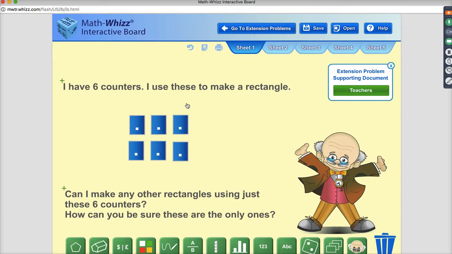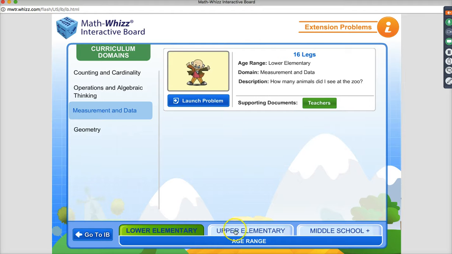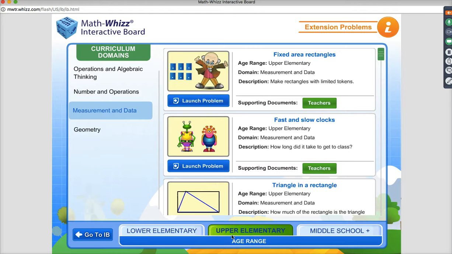And is it organized just by upper and lower, or is it organized by content or a specific strand or anything like that? Yeah, it's just upper and lower. Once we get more content, we'll be able to align it better to a specific grade level. But right now, it's just grouped in those upper, lower, and middle school. And then by the domain over there. Right, exactly. So what we're looking to do is fill that out. Yep. Okay.